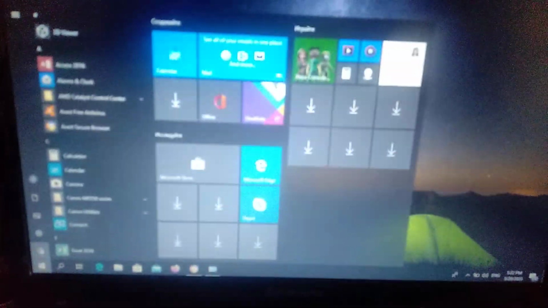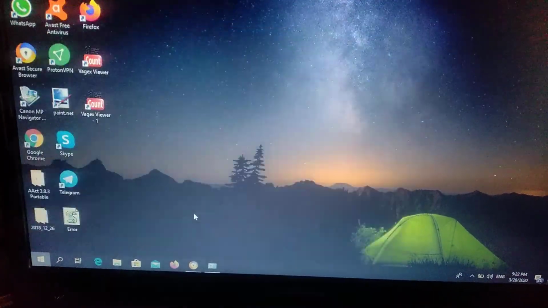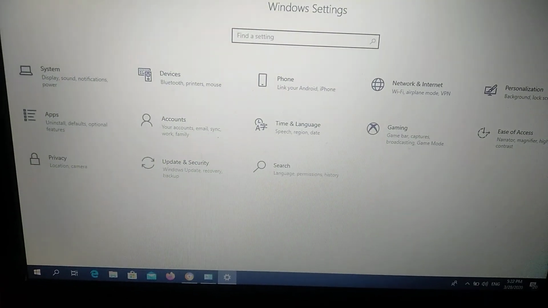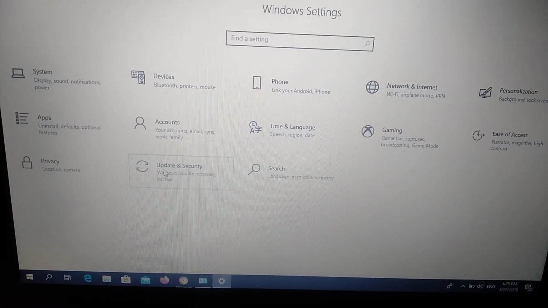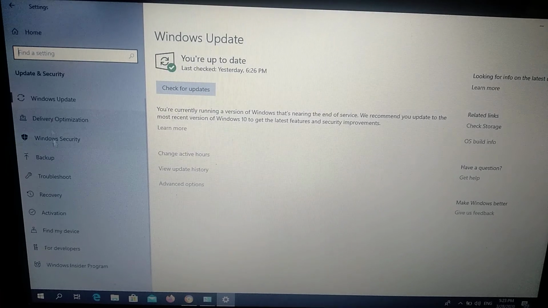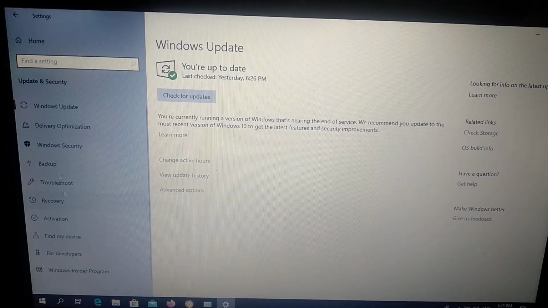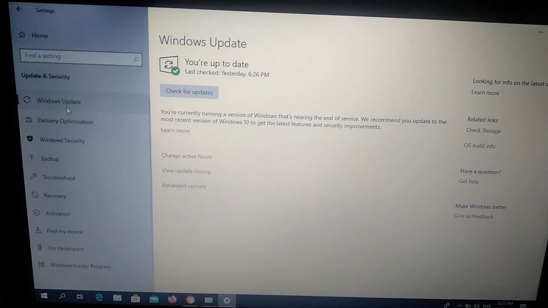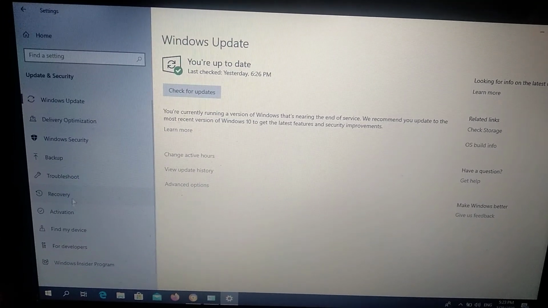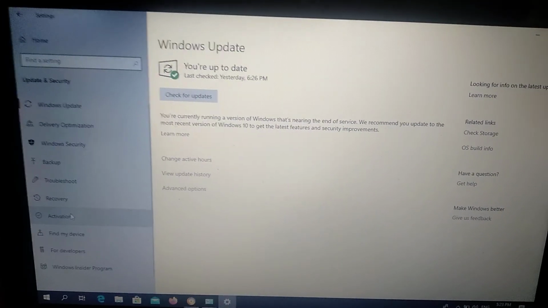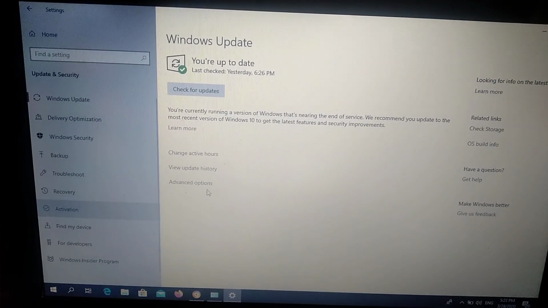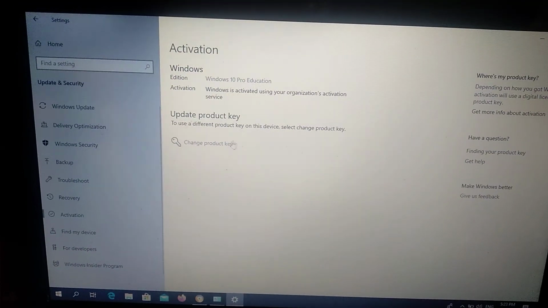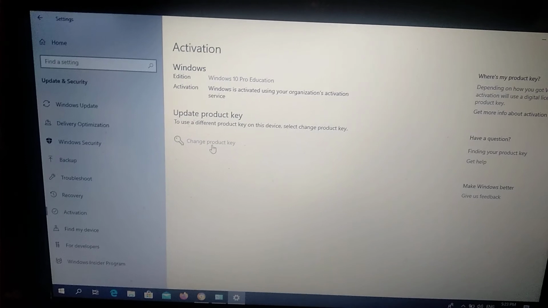go to Windows and here choose settings. So after we choose settings, we choose update and security. And here in update and security we choose Windows Update. So sorry, just activation. We choose activation, and also here you need to change product key because here you will